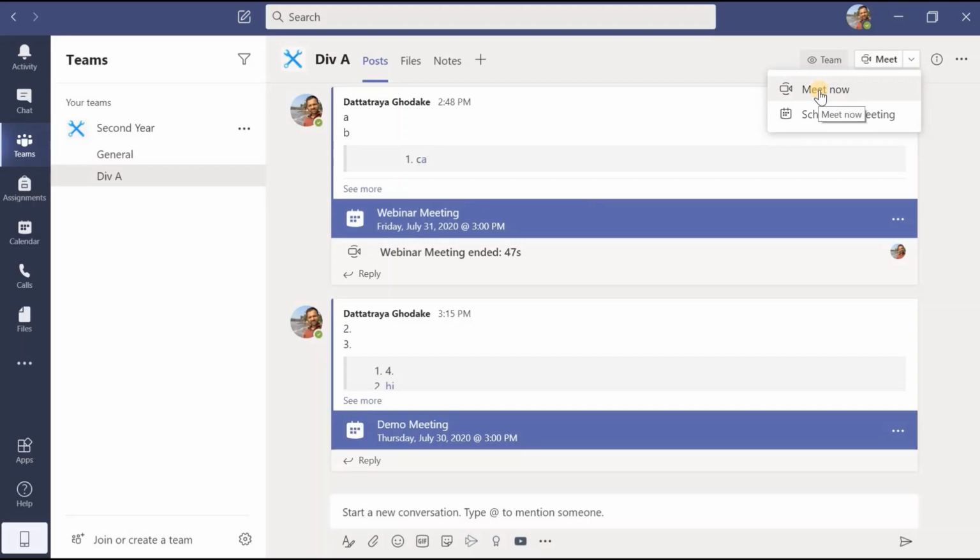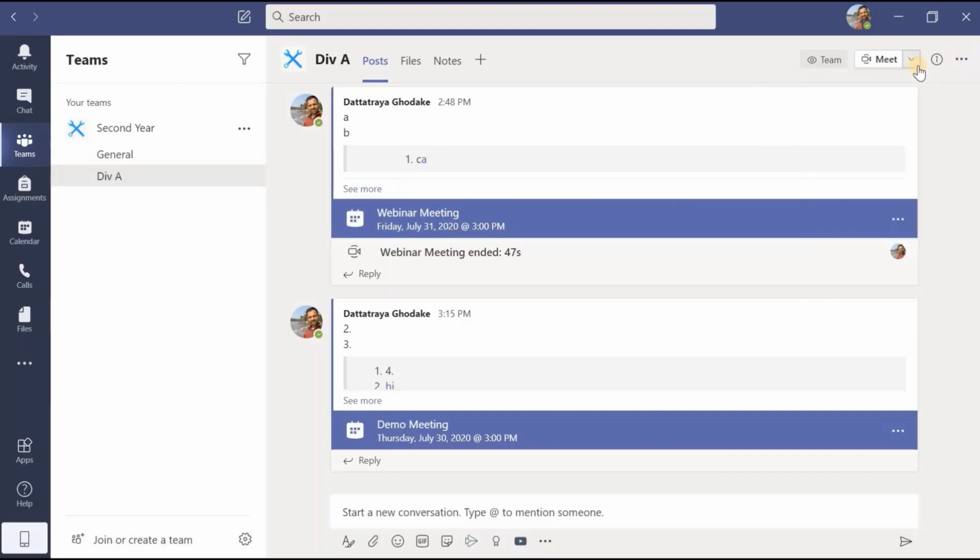Okay, here also, as I already told in the very first lecture, in the free version this calendar option is not available. In that case, how can we schedule the meeting for the free version? You just click on Teams, then for which channel or which team you want to start that meeting, you have to click on that team or channel, and towards the extreme right corner you will get these two options. Either you can start the instant meeting or you can schedule your meeting.